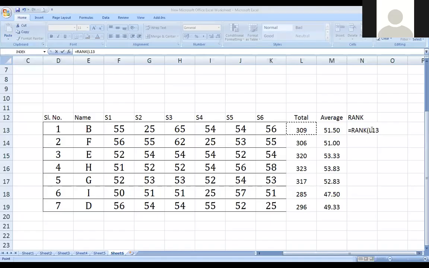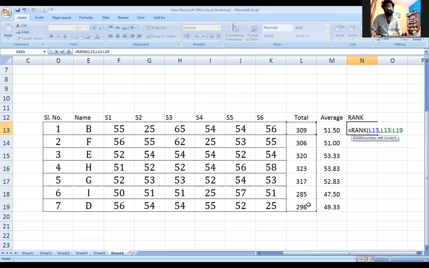Okay, now we are going to calculate the ranks for the total column. For this, first I need to insert the function called rank, then give the column name, then press the comma. Then you can see the syntax displayed directly in Excel: rank, open the parenthesis, number, comma, reference. The reference is what you want to compare against. I want to compare from this cell to this cell and get the ranks, then close the bracket and press enter.